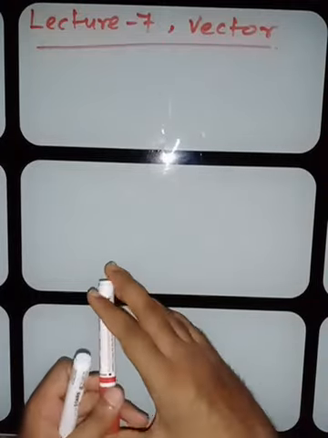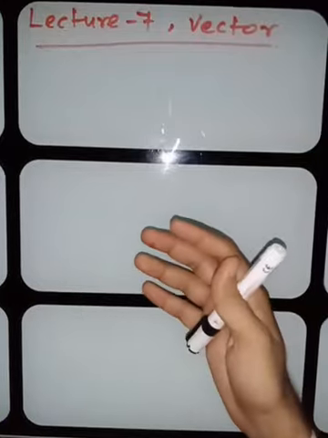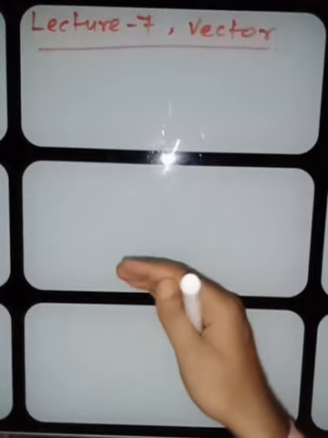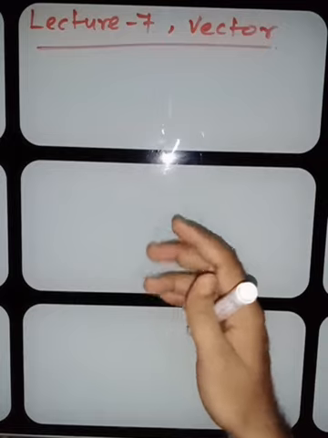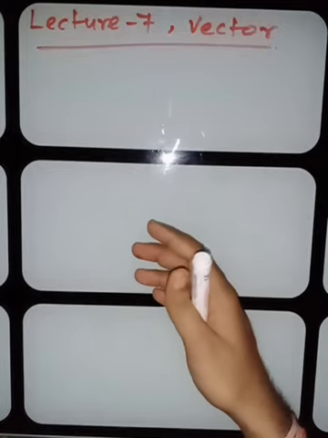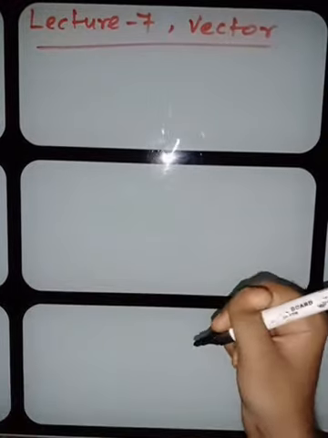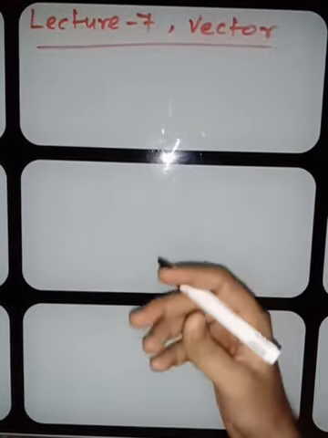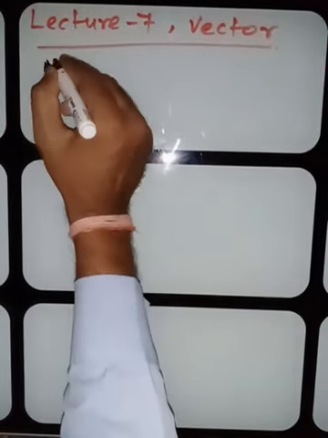Students, today we will proceed. We have studied about the vector. It is the quantity having magnitude and direction as well. They obey the vector law of addition. Today we will study about the magnitude of a vector. How do we represent the magnitude? Because we know that a vector has magnitude as well as direction. So today we will discuss the magnitude